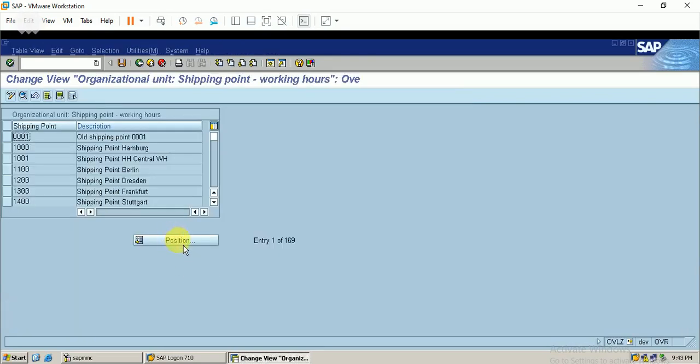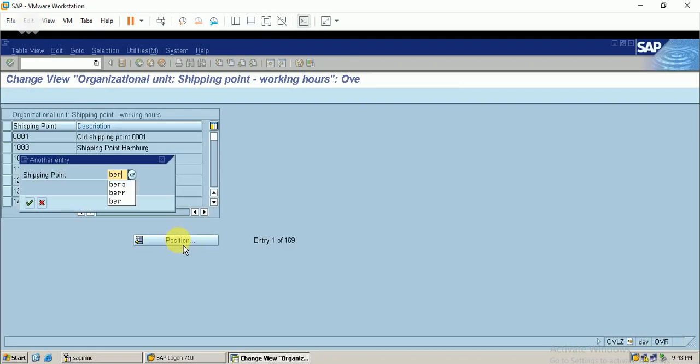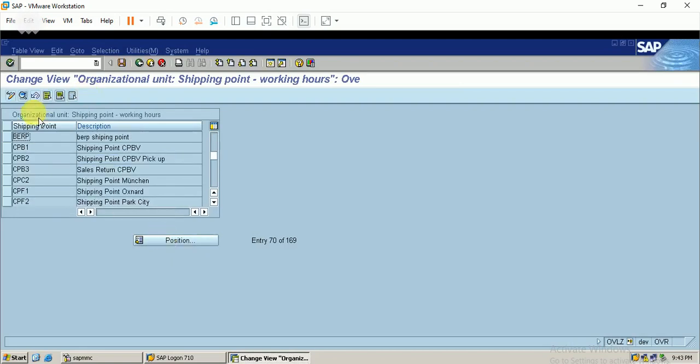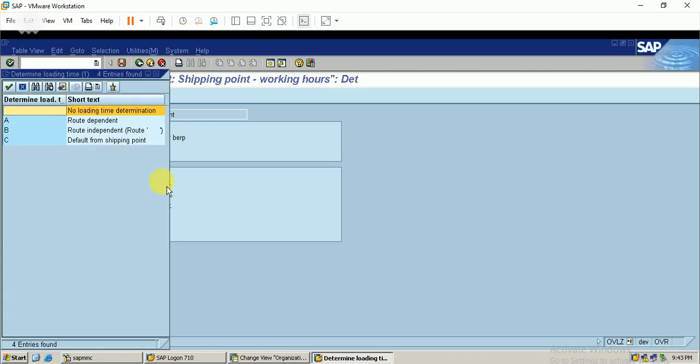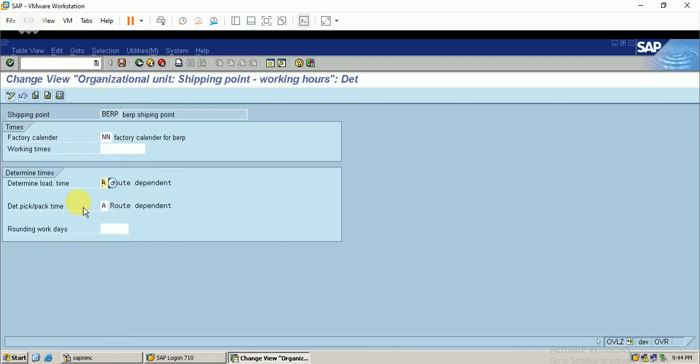Our shipping point is BRP. In this, what I have changed is to determine the load time and pick pack time. I have maintained it as route dependent, so depending on the route, this will be determined. I have changed these two parameters in my shipping point.